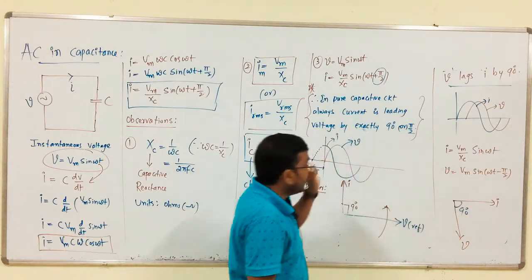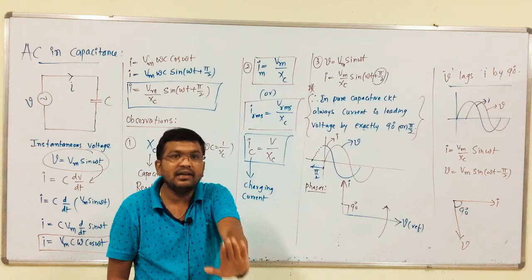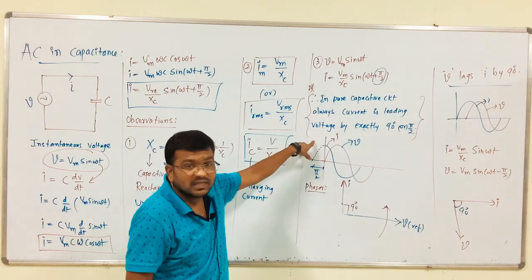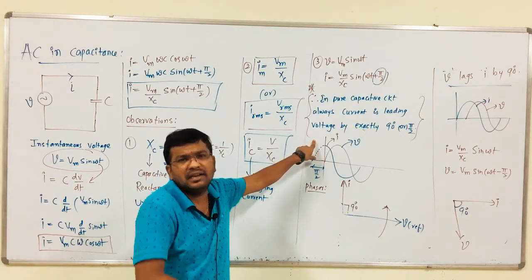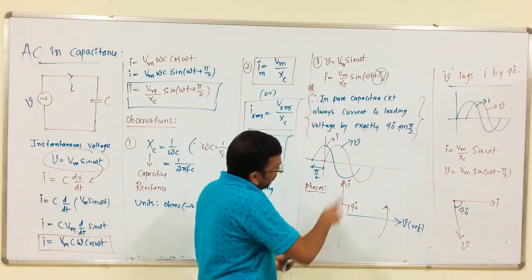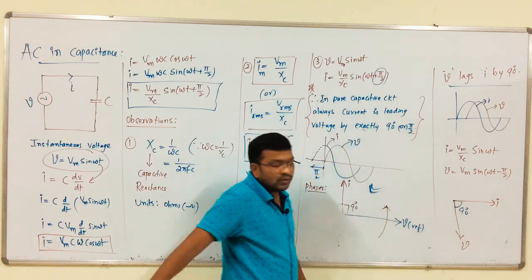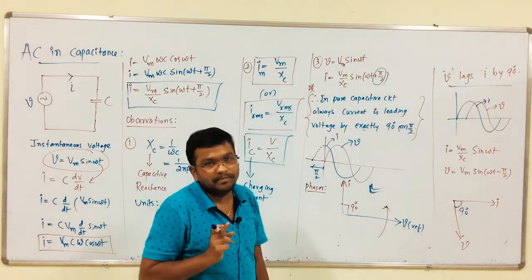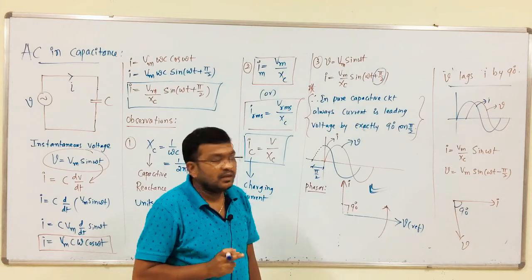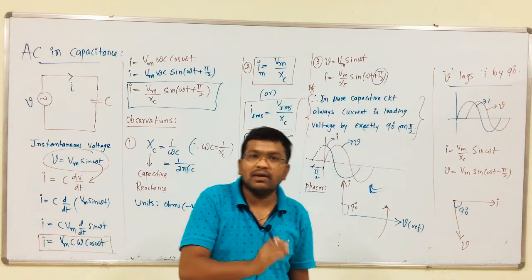Okay. But in case of an inductor, always current lags voltage by 90 degrees. In case of a capacitor, always current leads voltage by exactly 90 degrees. This statement is appropriate. This phasor is correct, and of course this is also correct, but this is very appropriate. You have to tell with respect to current only. Okay, remember this point. This is about AC response in case of a pure inductor as well as a capacitor.